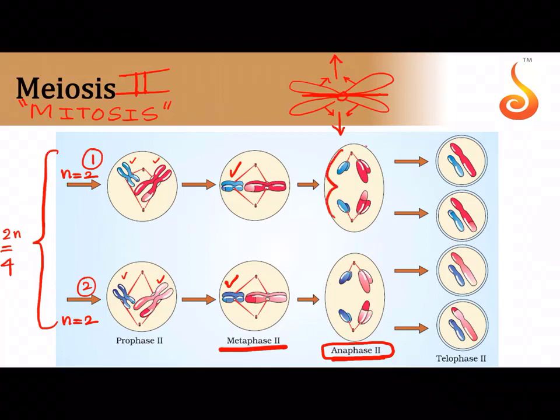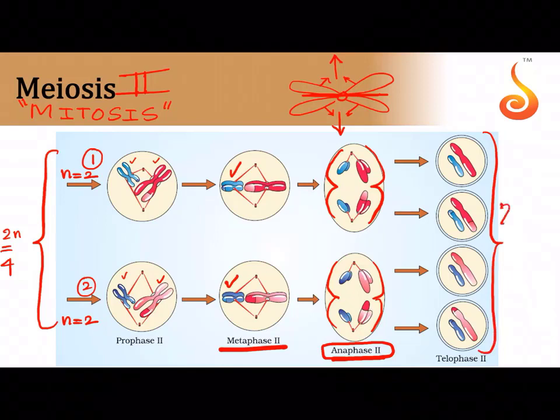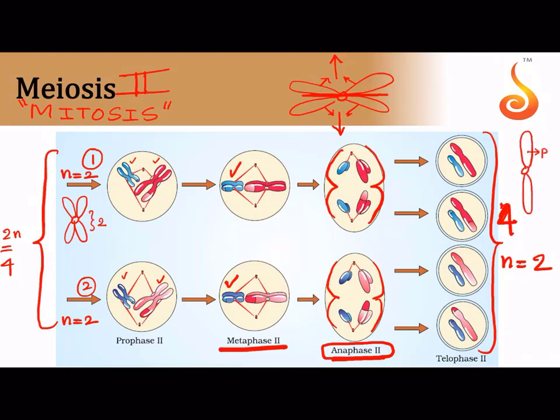And finally, this cell during the telophase 2 will undergo cytokinesis. This cell will undergo cytokinesis, and we end up with a set of 4 daughter cells. And notice all the 4 daughter cells have n equals 2. In the earlier daughter cells, it was n equals 2, but each chromosome had its duplicate chromatid still. They had 2 chromatids, but now notice each chromosome has only 1 chromatid, that is P arm and Q arm. Clear? So a very quick and rapid explanation.